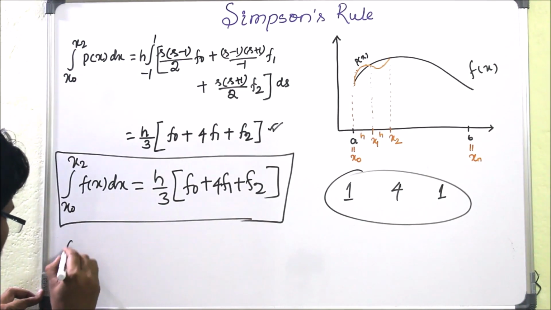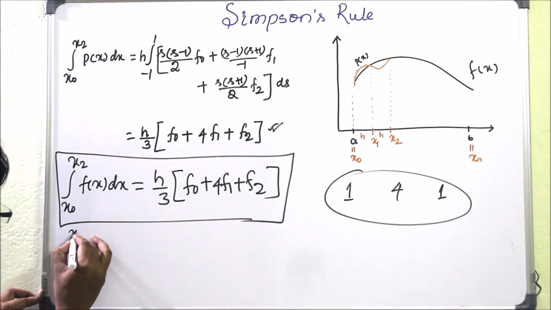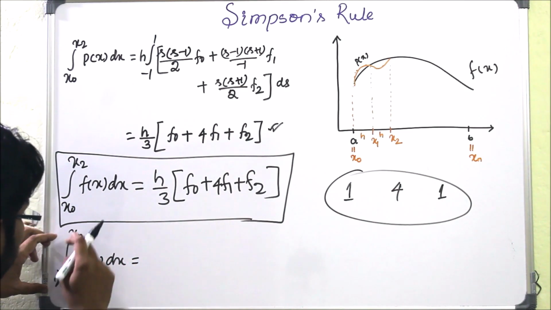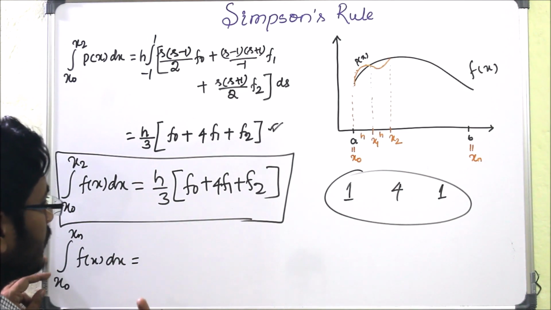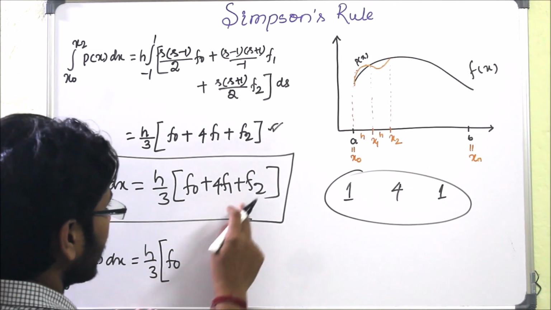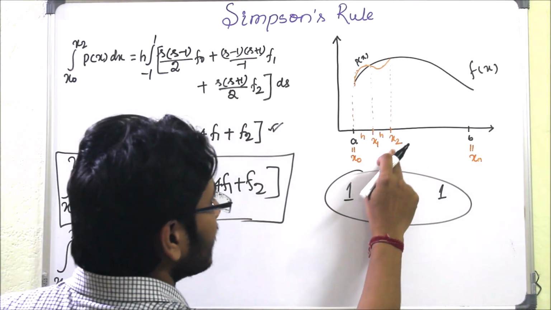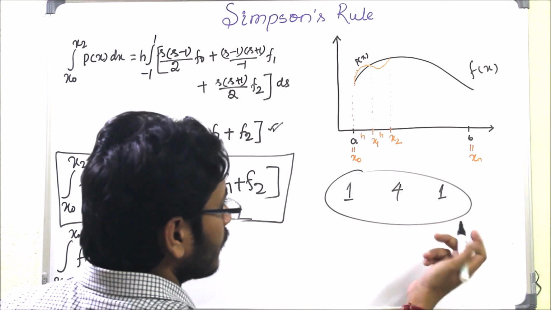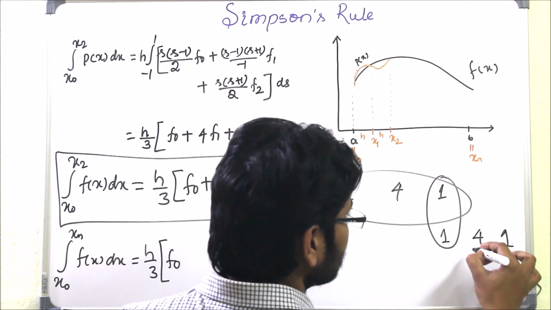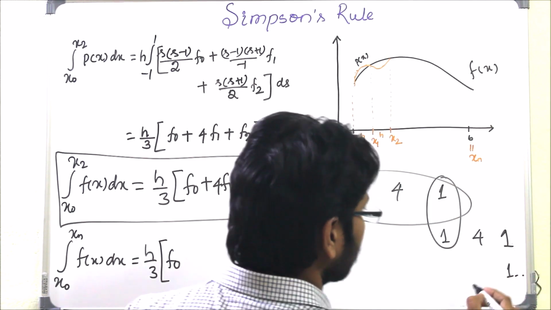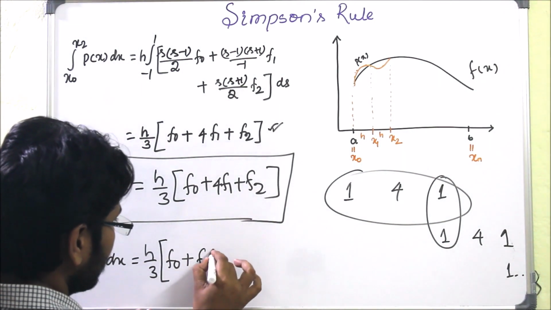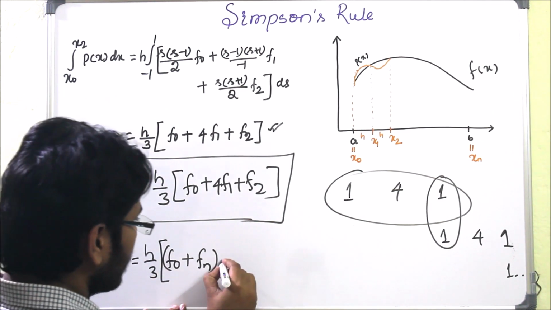So the generalized formula is this, from x0 to xn, the integral of f of x dx, and here we have to remember that the number of subintervals will be 2n, a multiple of 2. So this will be h by 3 whole into, first f0 will be there, means 1, 4, 1, again it will start from x2, x3, x4. So 1, 4, 1, again it will start 1, 4, 1. So if you see, there will be addition of these things, then again 1, and it will continue. So first and the last will remain the same. So f0 and fn will have coefficient 1, plus